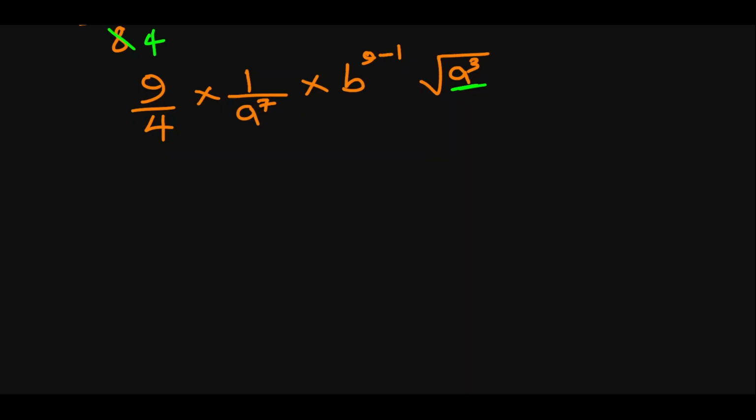But this is not a squared, this is a to the power of 3. So the best thing we can do is to split this a to the power of 3 to a squared and a, so that the a squared can at least leave the root and leave just a. So that's exactly what we will do. 9 over 4 times 1 over a to the power of 7 times b to the power of 9 minus 1, which is